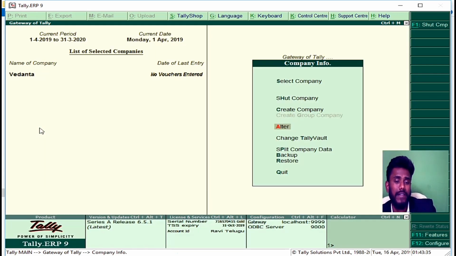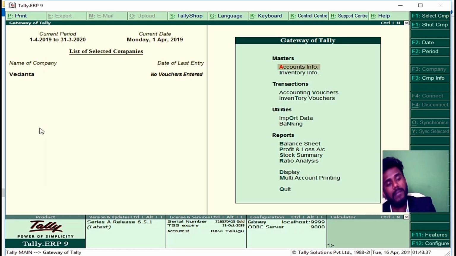Yes. Next one is about deletion of the company. If the company is not secured, any person can come and delete your company without your permission.